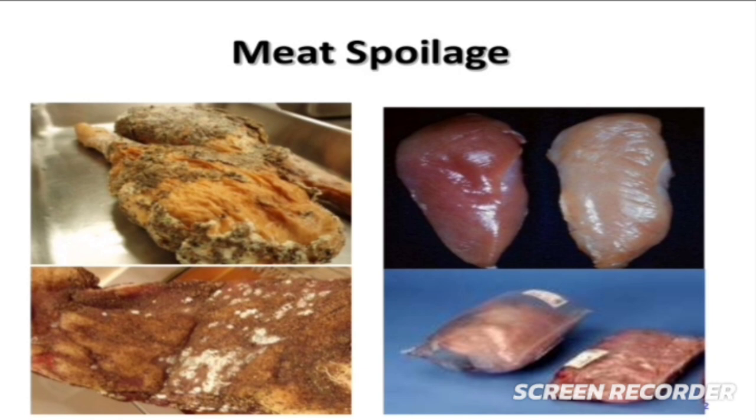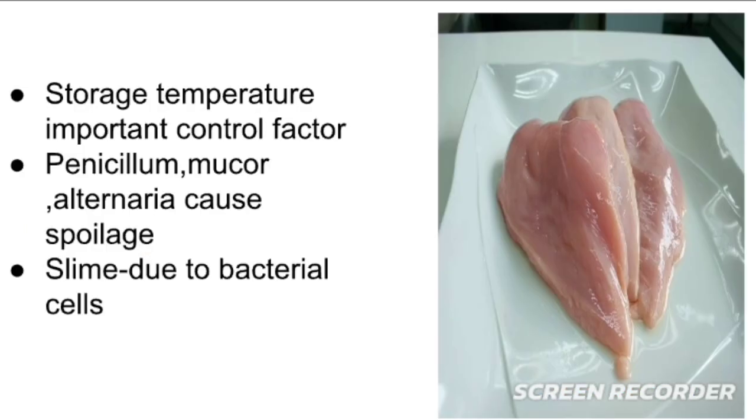For example, in meat, as you can see in the image, the meat has got spoiled, and you can see how spoiled meat appears. The storage temperature is a very important factor when you are storing meat, and meat can usually get spoiled by penicillium, mucor, alternaria, and certain sliminess also occurs. Sliminess is a stickiness in the meat which occurs due to